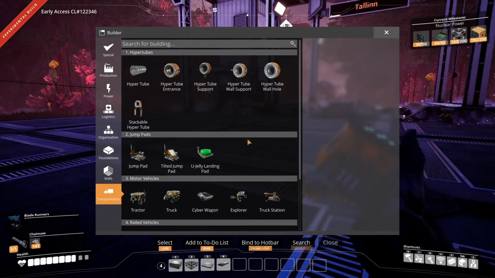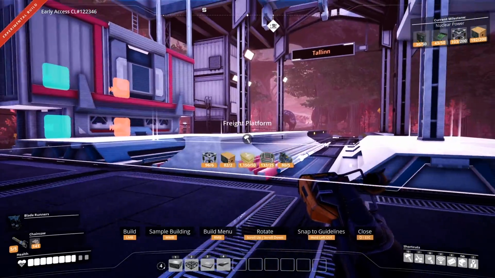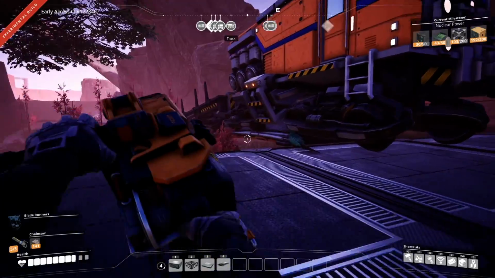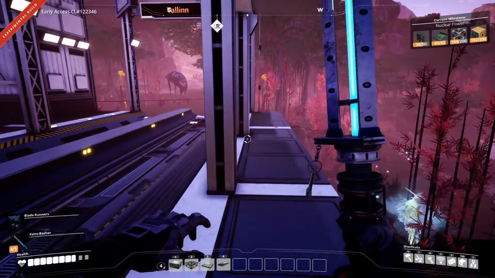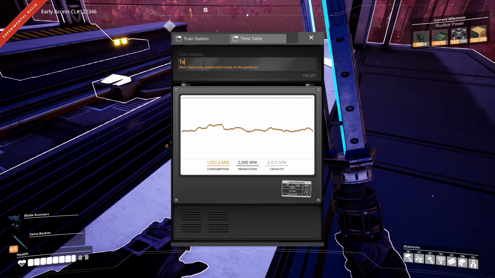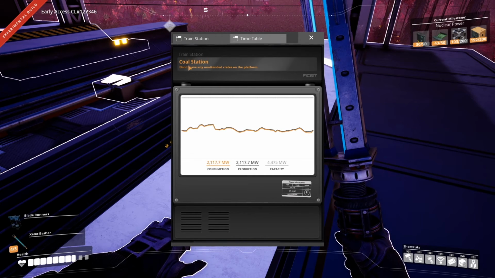And then all we need is 2 freight platforms, and we'll face them that way. Like so. And then that, and that. And there you go. Oh, shut up, you stupid motor. Okay, so let's name this station. This will be our coal station. Okay. Now,